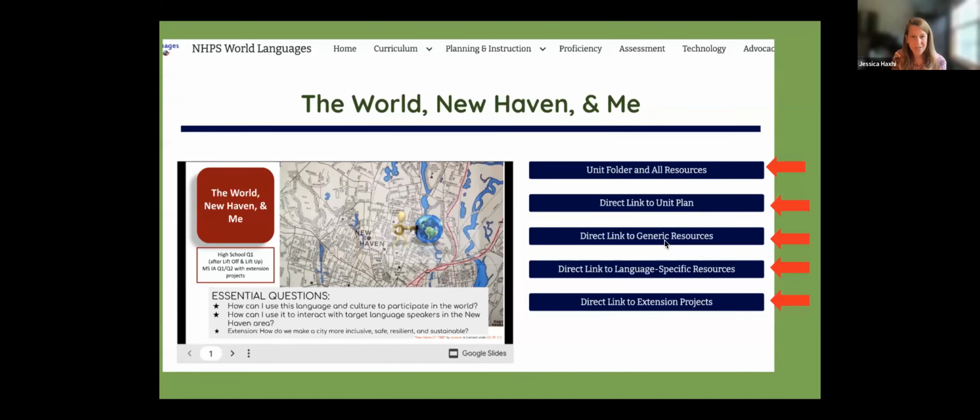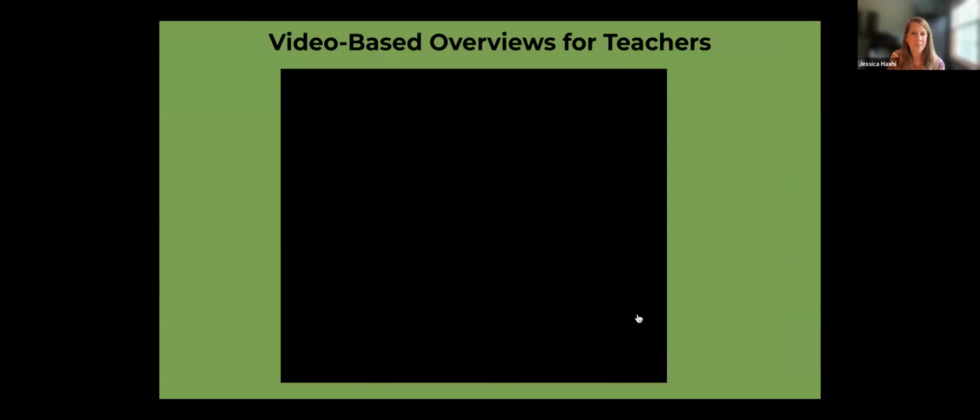We have generic resources. So the truth is, if you and the other teachers in your school are teaching the same unit at the same time with just some slight differences for culture, you can share simple things like flashcards. Or if one of you collects a bunch of pictures of New York City buildings, you can share that with any teacher. You don't need to put the words on it. You can talk about it in any language. So we do a lot of that, or I'll make a lot of those materials. And then we also have language specific resources that we share across the city. So for each of these units, there's a French folder, a Spanish folder, a Chinese folder, etc. And then we have extension projects available.